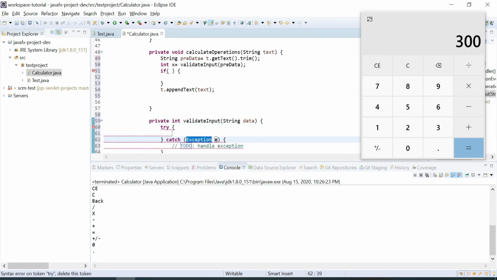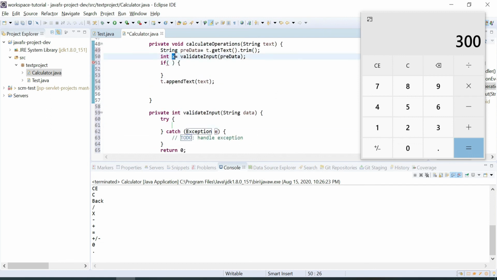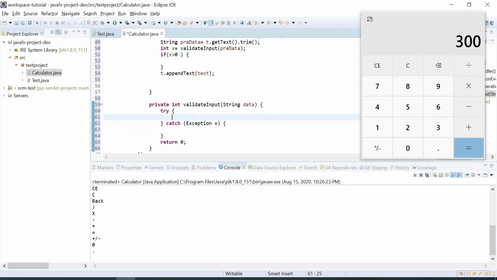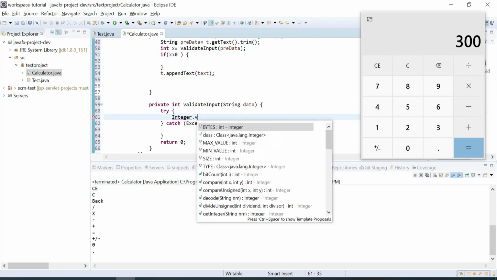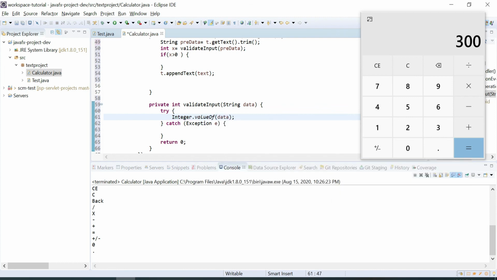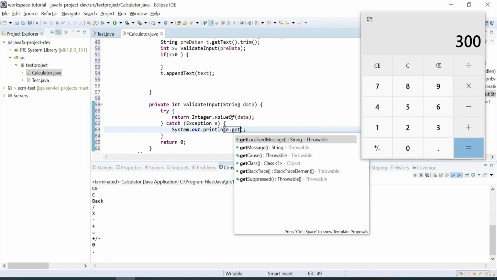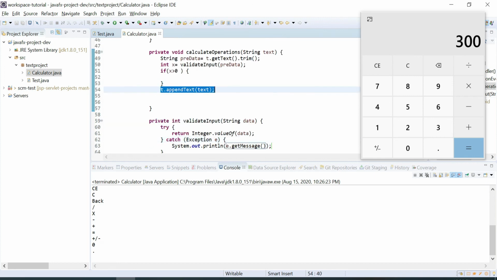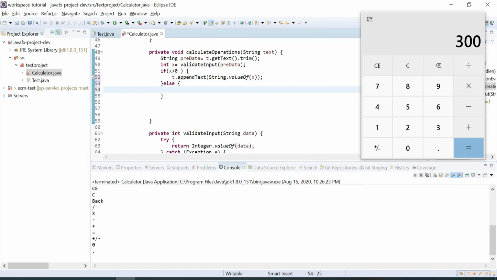We'll do the number check here. Now here we have to debug the operations. So if the input text is